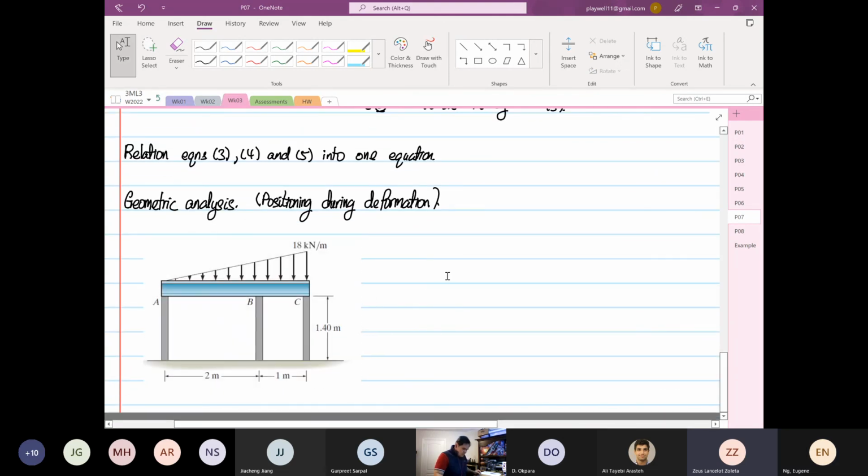Okay. So now we are going to assume A, B, C are rigid body. Okay. Now, the next thing is, how will the structure deform? Okay, how will the structure deform? So we know that